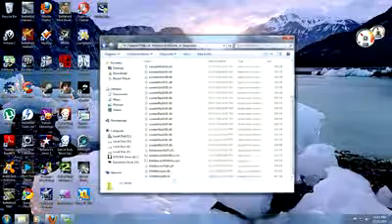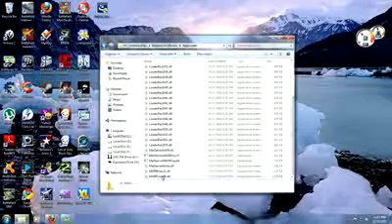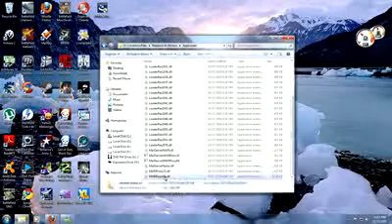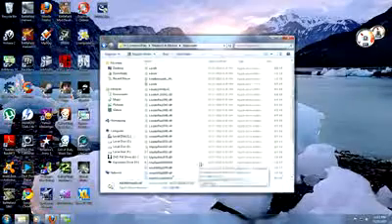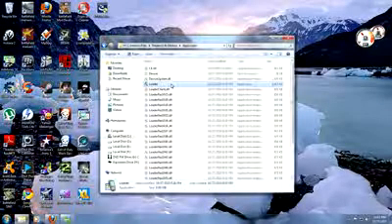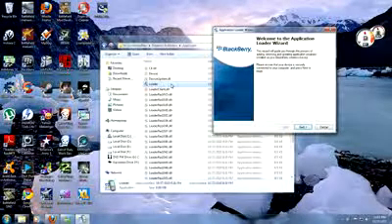At the very bottom there will be a file named Vendor. I already deleted it because I already installed it on my phone, but just delete that file. After you do that, all you have to do is double click on the loader file and it will start the setup for your phone. And that is all you have to do to install OS 6 on your BlackBerry 9700.